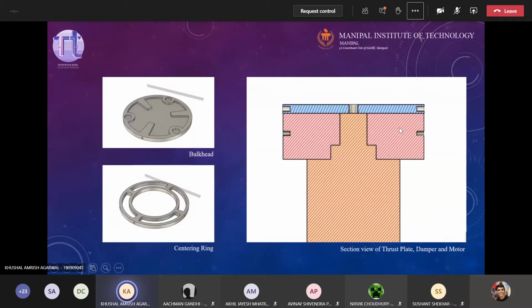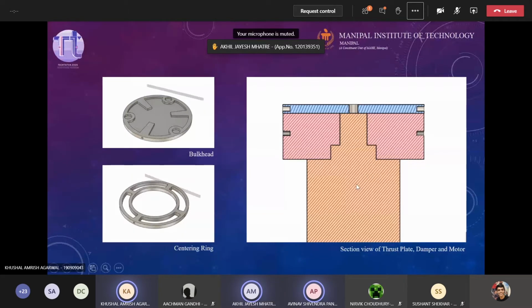Now, any guesses on which material we can use here as a damper? Because it is a damper, right? We need to have very high vibration absorbing properties. So in regards to that, does anyone know any material? Akhil has his hand.